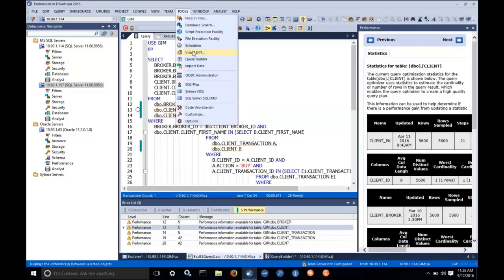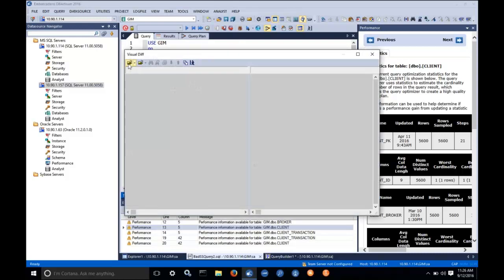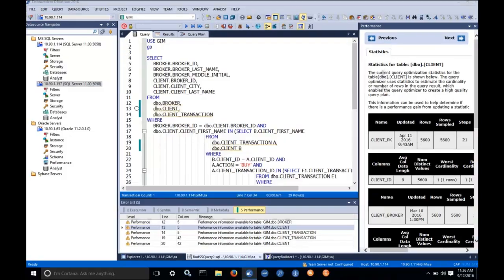Tools, one of the handy things is a visual diff. So let's say that you have two SQL statements. We could open those up and see what the differences are between one SQL file and another. Basically, you open